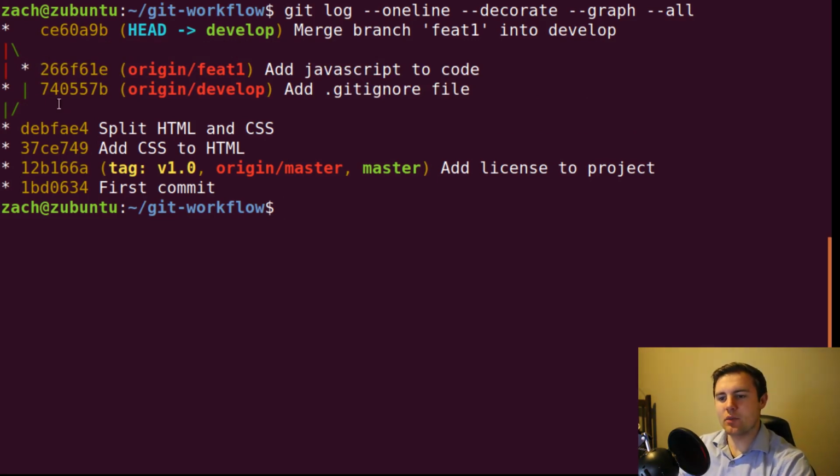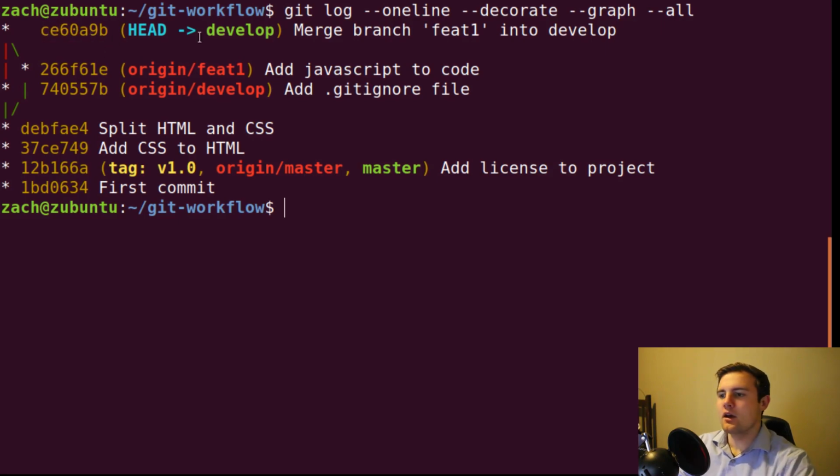So these are the 2 commits right here that we had merged together into the develop branch, and you can see that this is the JavaScript stuff and this is the .gitignore, which eventually merges together into the develop branch at commit